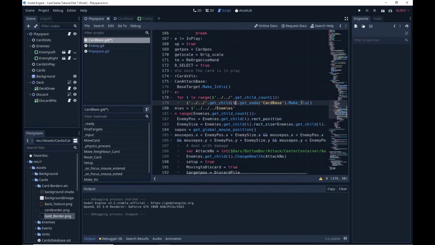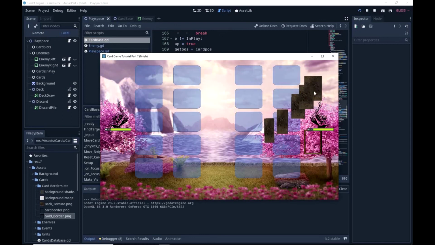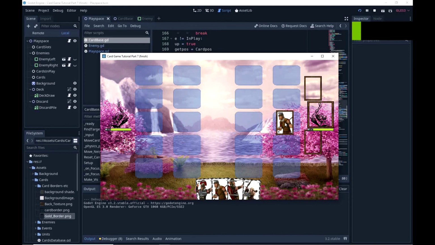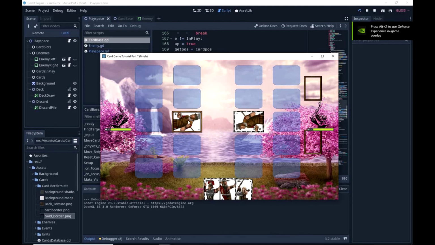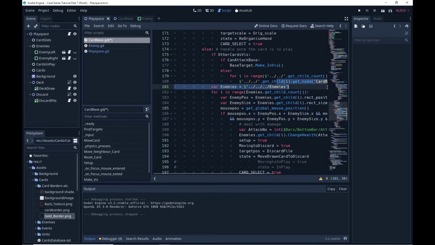And rather than make them visible, we're making them invisible. Okay, so now whenever we click a card, now you put a card into play. If I can target the base, it will highlight it. If I can target another card, it will highlight that. Okay, the reason that's not working is even though here I do say make those cards invisible, the problem is